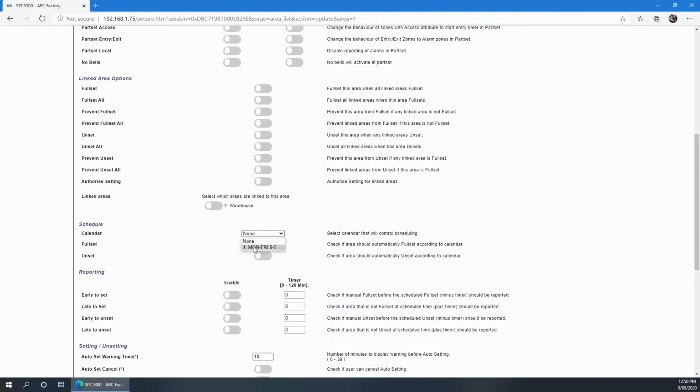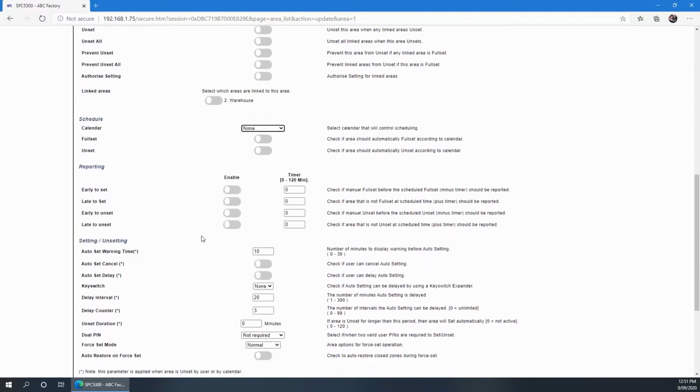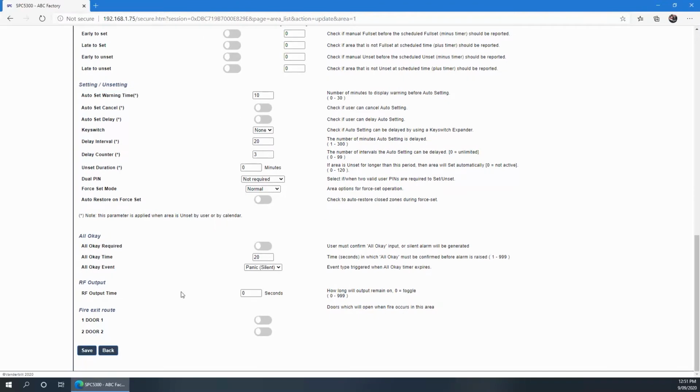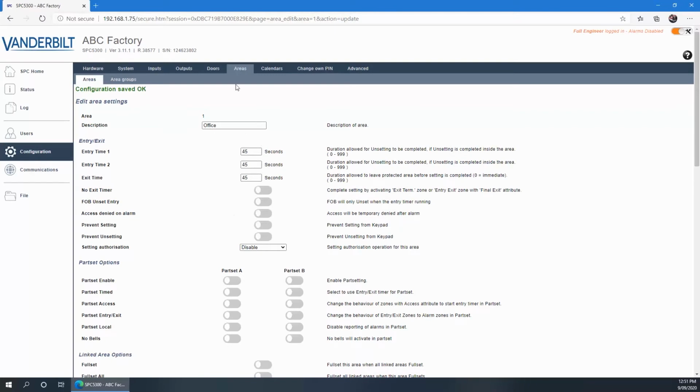Remember our calendar that we did. We could set up our calendar, check if this area should full set according to calendar. So in our case, we could have this area arm at 5 p.m. Monday to Friday, but it won't disarm. Someone has to come in and physically disarm it. Or we could have both, or of course the reverse. I'm not going to put a calendar on arming. Reporting options here, you're never going to use, so we'll continue down. And that would be all that I want to set up on my